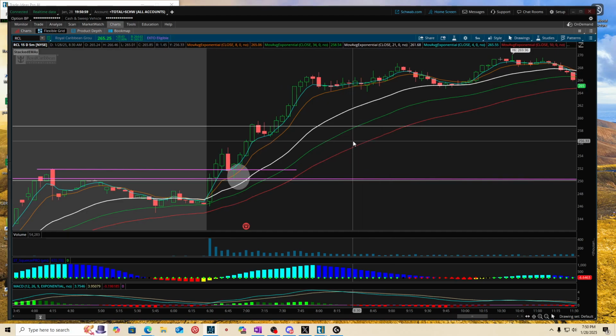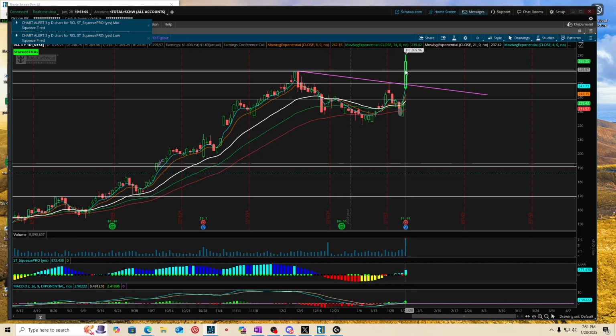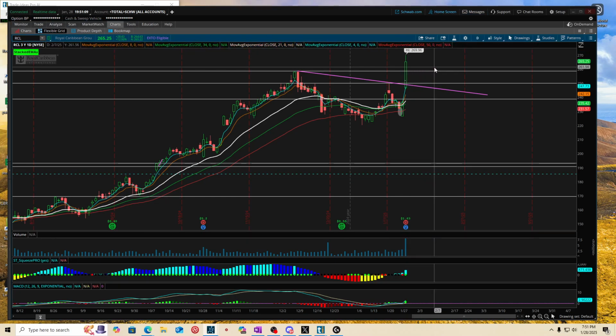So we'll see how this works out. But guys, when you have a daily breakout like this, it could have legs. It could pop up here. It could have continuation tomorrow. It might flag for a day or two, then go higher. But usually when you get a breakout like this on earnings, you could definitely...